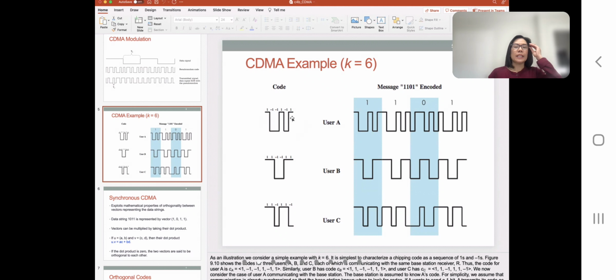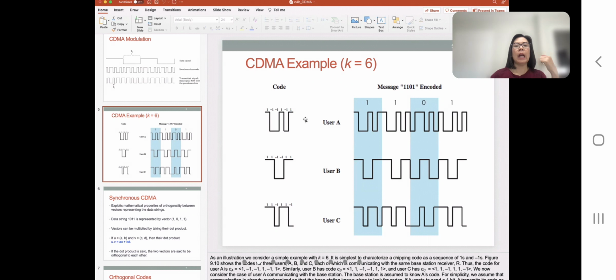You could imagine as if each radio station has its own frequency. This is the frequency that belongs to radio station A, this to station B, and this to station C. And if the 3 radio stations transmit at the same time, because they have different frequencies, there could be no